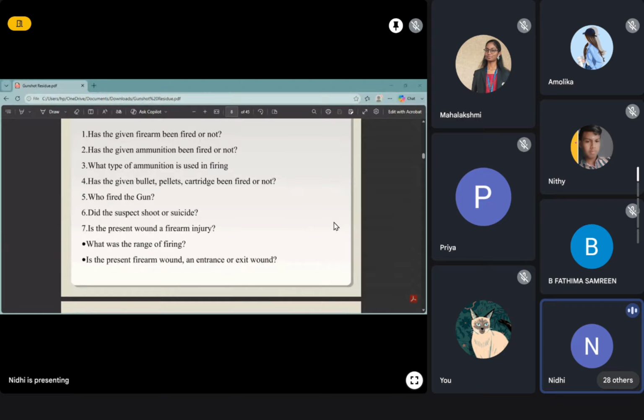If I'm killing a person, like, I am A and someone is B, I am killing that person B with the help of a gun. So where will the GSR particles be? In the web of my hand, right? And if you are not in a rainy place, if you are not in an open environment, the GSR particles will be present in your hand.